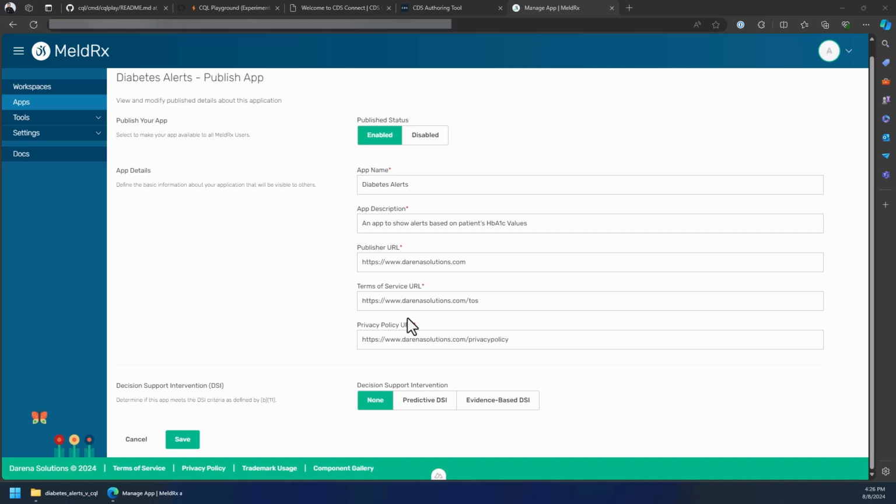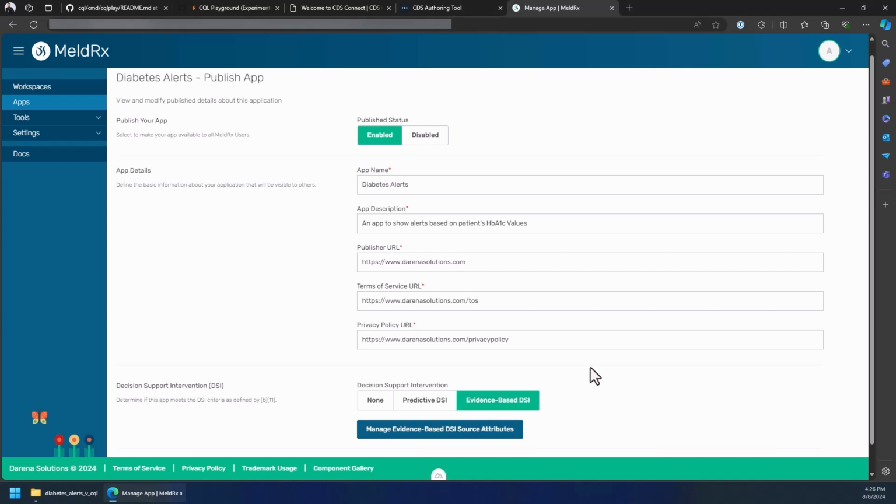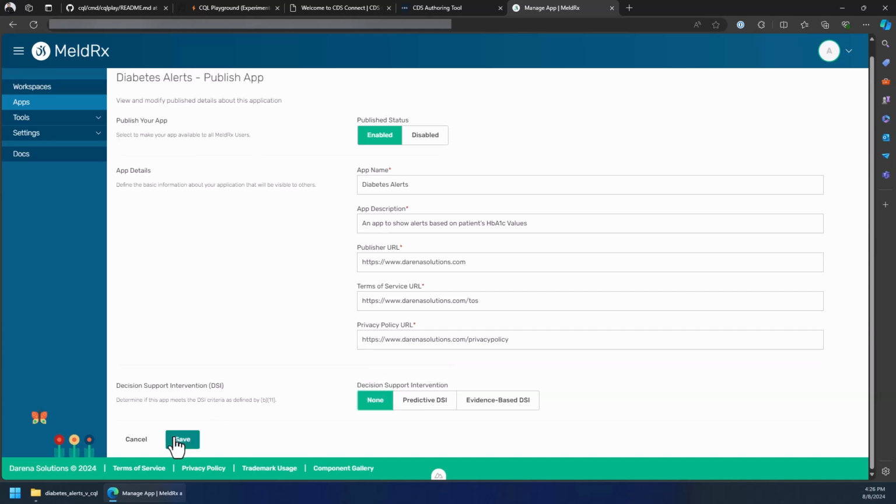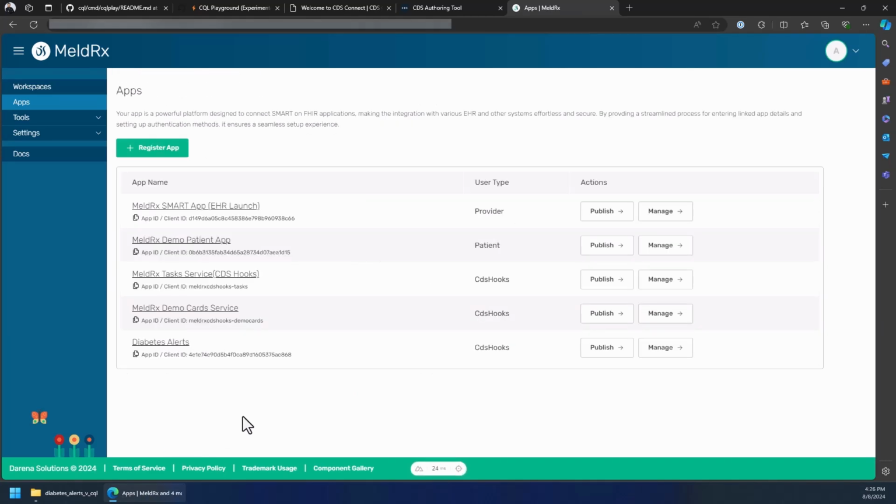Now, in this case, I can actually state that this is an evidence-based DSI and complete all the sections to make this app eligible if you are looking for the B11 criteria. I'm not going to do that right now because we're just focusing on the conversion of CQL to CDS. I'm just going to leave it there and click save. So with that, my app is published now and it is available for EHR users